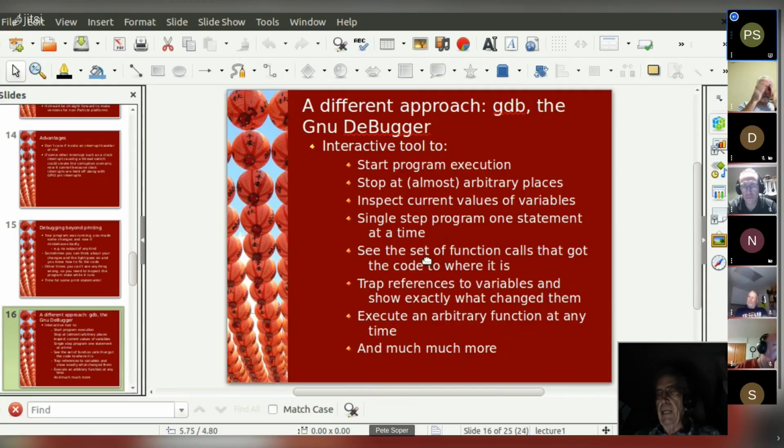So, like in the case of a loop, if you know that your code is hanging, you can just start it up and start running, interrupt it, and do an info S for stack, and it will show you where it's executing, who called that function, who called that one, and that one, and that one, all the way to the root, to the original starting point.